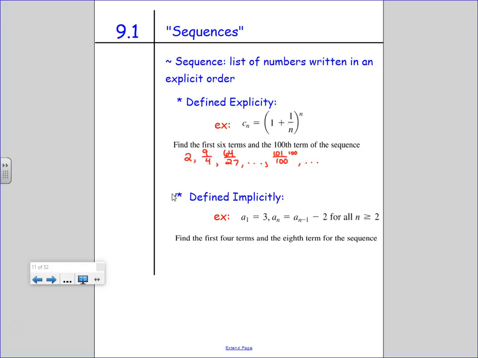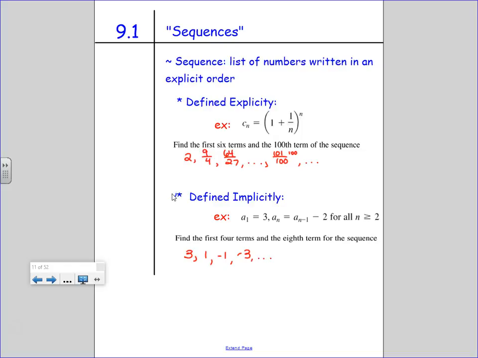Except, what's my first term? 3. What's my second term? You have to find out. 3 minus 2. What's the next term? 1 minus 2. Why? Because the pattern is to find the next, you take the previous and subtract 2. Yep. So minus 2, oh, this is easy, right? Negative 1, minus 2,